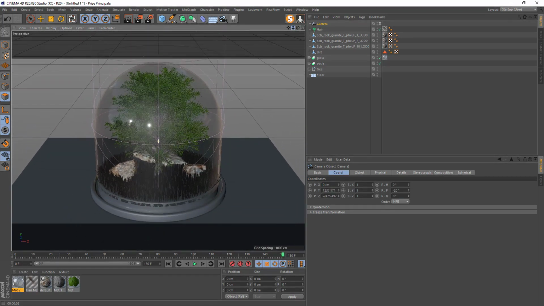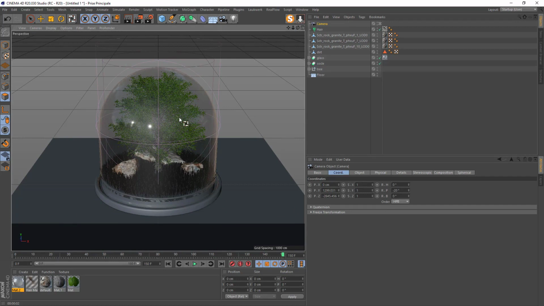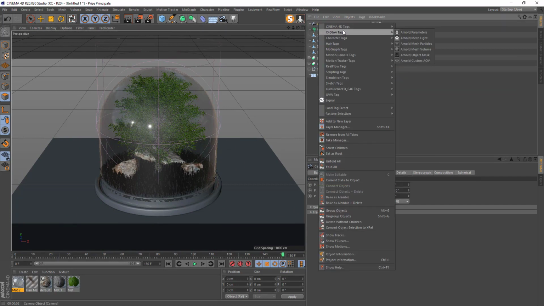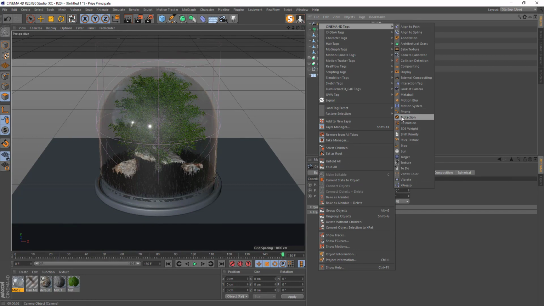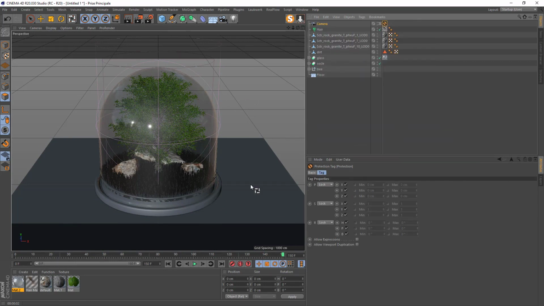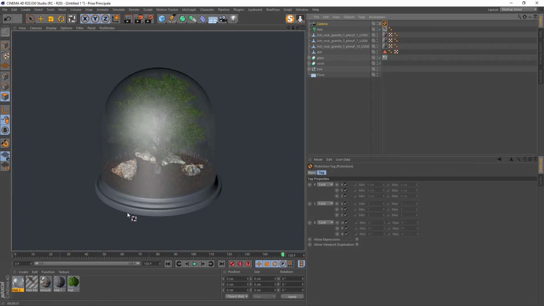Go back. Okay, we will stay there. Right click, Cinema 4D tag, and add a protection tag so the camera can't move now. So if we check, we've got that. I don't see the torus here.